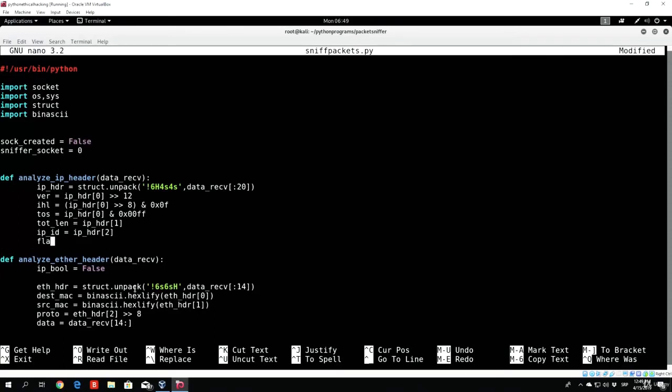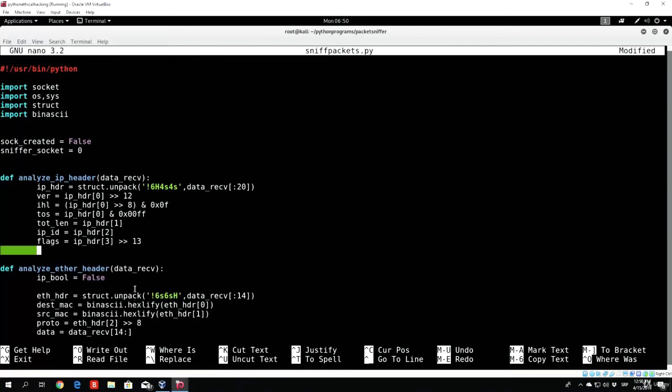Okay, so we will call it just flags equals IP underscore header, the third or fourth element in our list shifted 13 bits. The next thing, which also corresponds to the fourth element, will be the frag offset. So frag underscore offset equals IP underscore header, third element, and we want to add it to the amount of bits needed. So let me just find the actual, okay, so here it is,